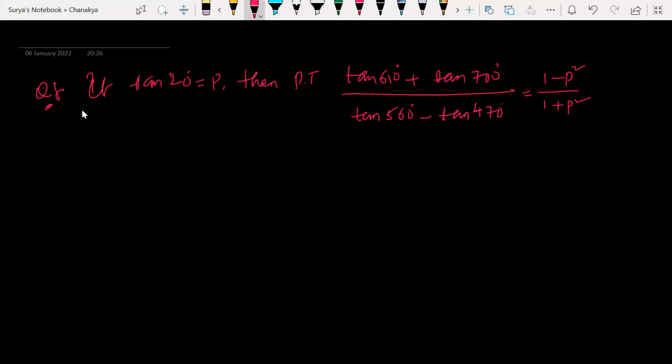You will not get this type of concept everywhere. The calculation which we do here will help you to solve JE questions. Clear? So how can we solve this question now? Basically, the question only gave to prove that this is equal to this, but in JE questions, they ask what this is equal to.